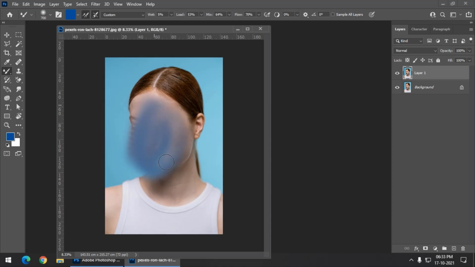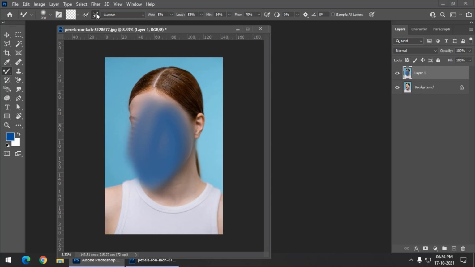So let this process complete first. As you can see, as this image is a bit bigger in resolution, it is taking a bit longer time than usual. So let me just click over here. Now if I turn this off, then you will see the color goes off, and we can turn this option off so that we get a clean brush on each stroke.